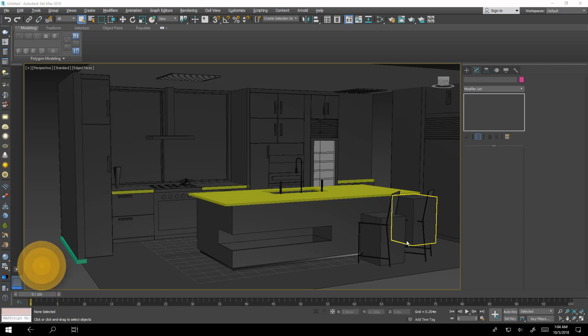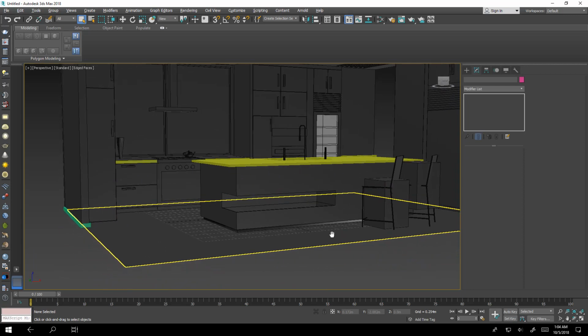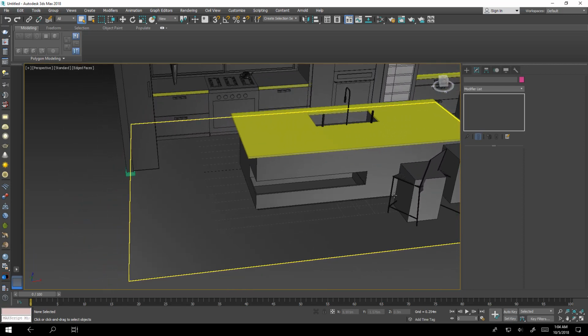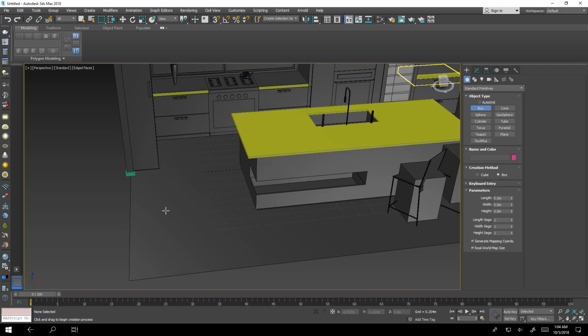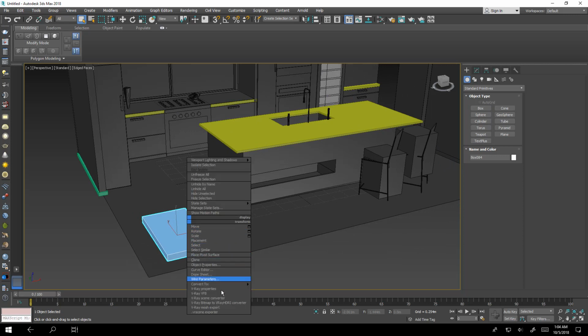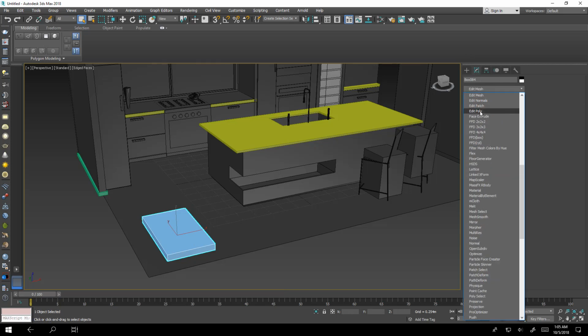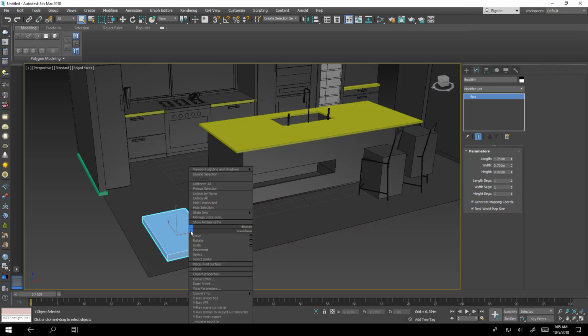Today we will talk about editable poly, and I guess we will talk in more than one video about this issue. Starting by making a box. We can get an editable poly by converting the geometry, right click, convert to editable poly, or by assigning an edit poly modifier. According to your preference, for now we will convert the geometry to editable poly. As we see now,